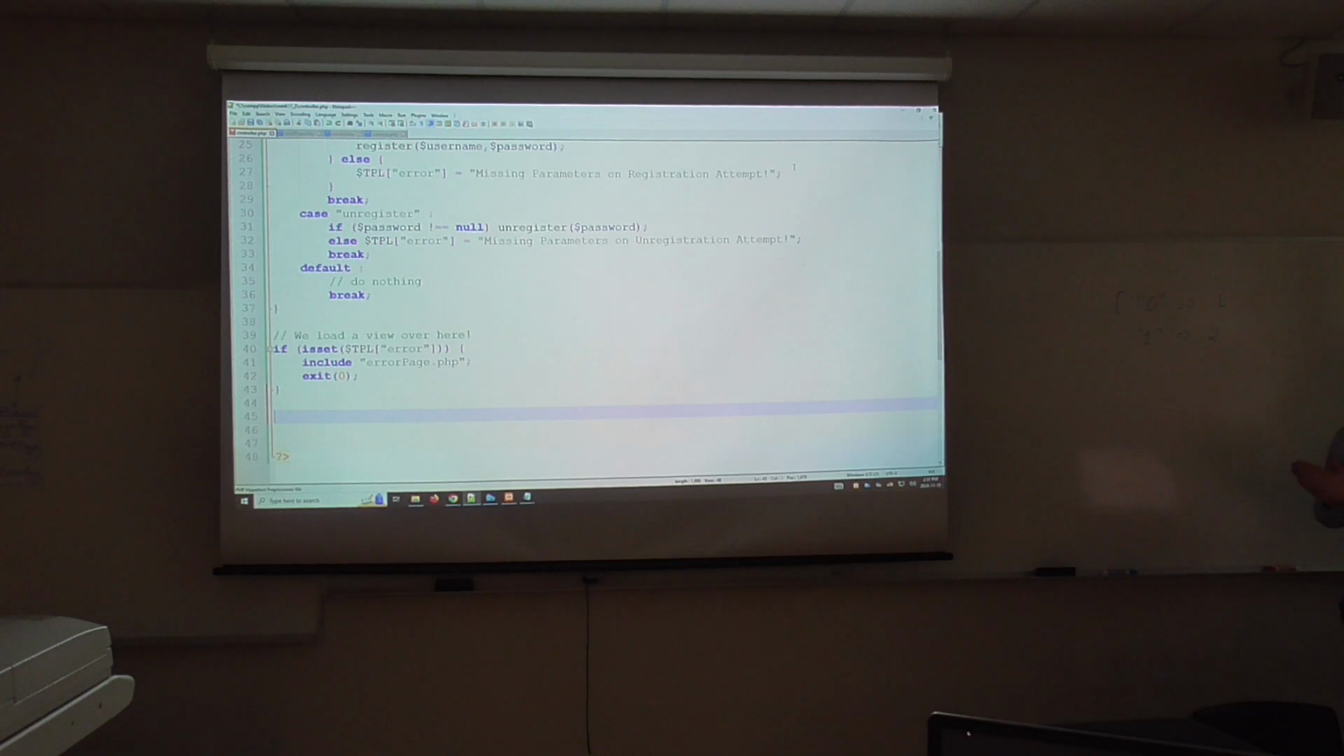Now, if that doesn't happen, and there are no errors, we need to decide what page is appropriate for the user depending on the selected action. So, let's pull in another switch case. Switch on operation. Our cases, once again, are case login, case logout,